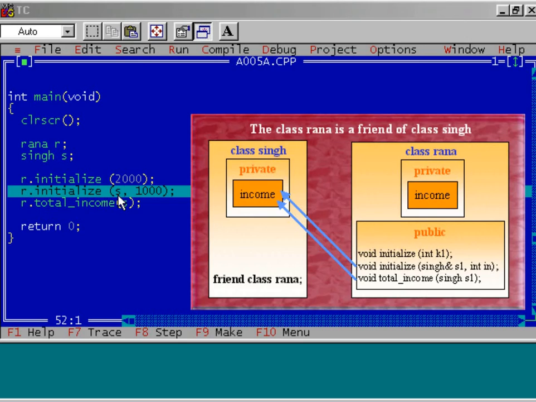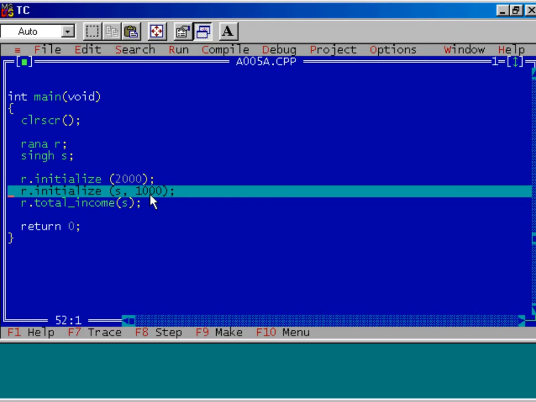What we are doing? Using Rana, we have created the object R. I have called this member function. I'm passing the object S, the object created using this class, and the value 1000. So press F7 key.